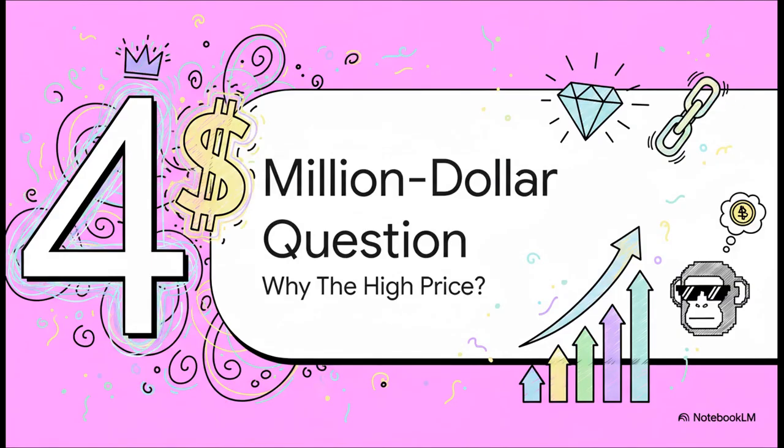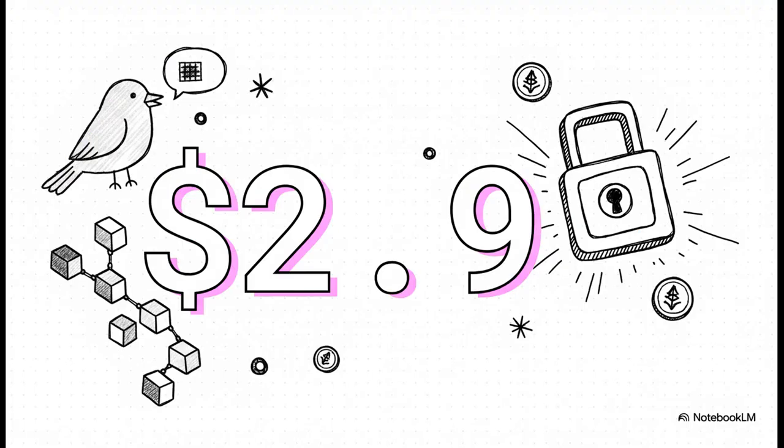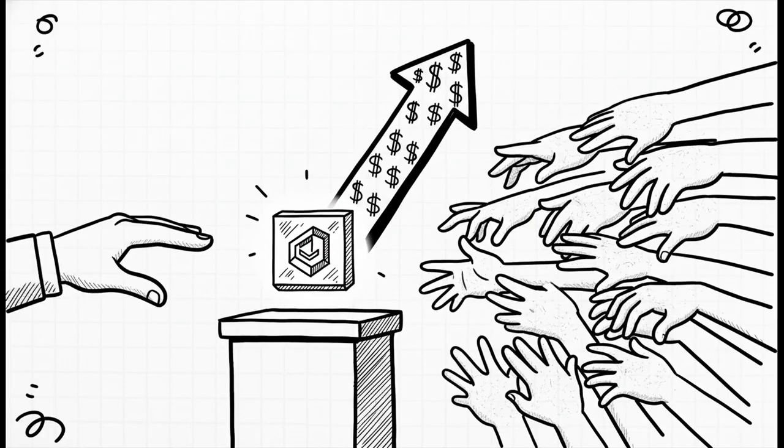Right. And this all leads us to the million-dollar question. Sometimes literally. If you're basically just buying bragging rights, why are some of these things selling for such astronomical prices? I mean, take a look at this. Jack Dorsey, the founder of Twitter, sold an NFT of his very first tweet. That tweet is still up there right now for anyone to see for free, and somebody paid almost $3 million just to say, yep, that's mine. So why? What makes it worth that much?